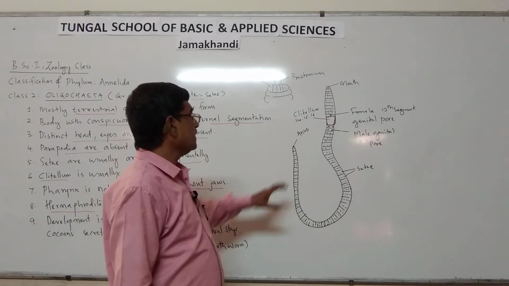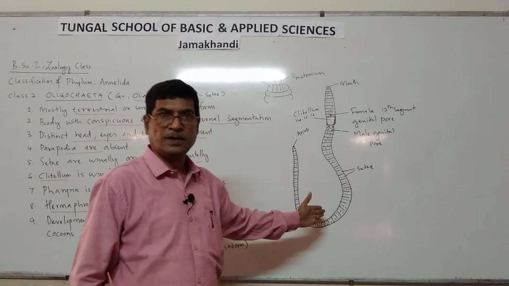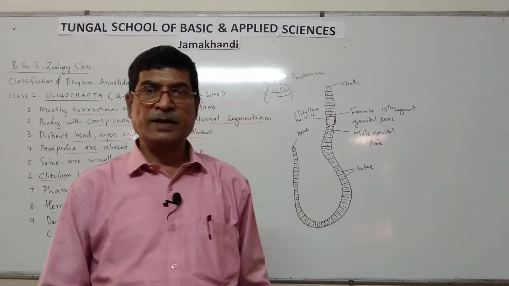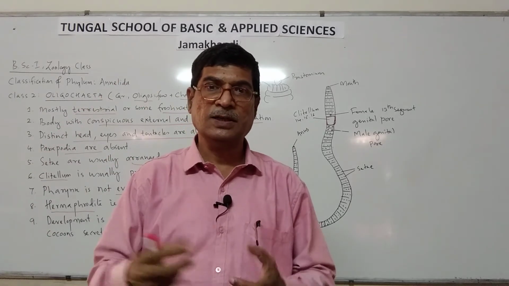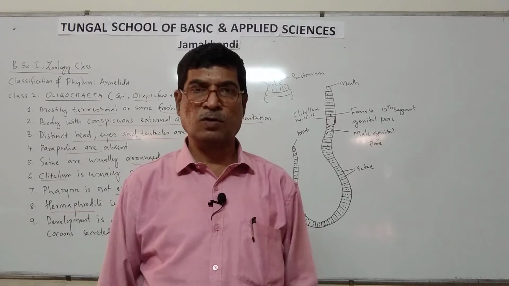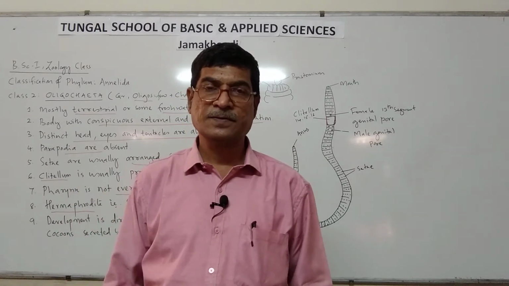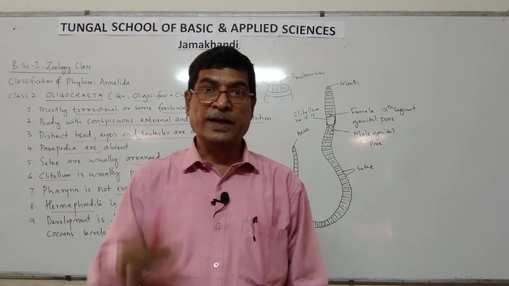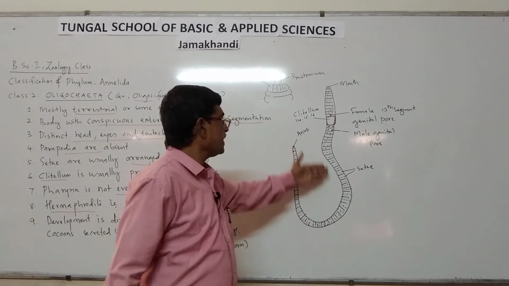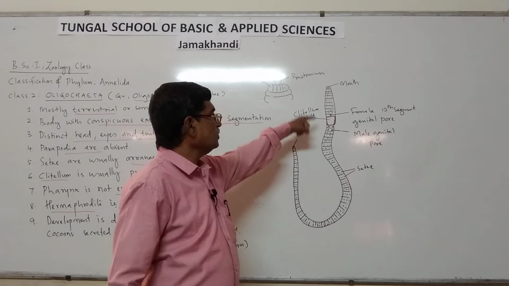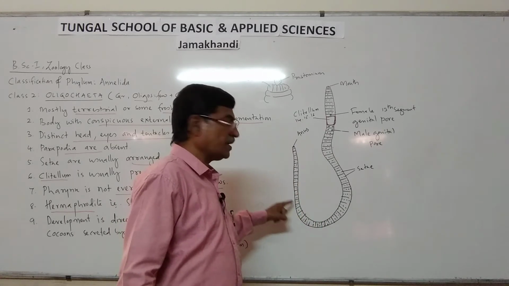In Oligochaeta, we can observe, for example, the earthworm. This is the earthworm. Earthworm is cylindrical, elongated. It is terrestrial. It lives in a moist burrow. Whenever burrows are filled with water, they come out of their burrows, and during the rainy season you can see them crawling on the land surface because of the filling up of the burrows. The body is cylindrical and can be divided into three regions: pre-clitellar, clitellar, and post-clitellar. So segmentation is there clearly.